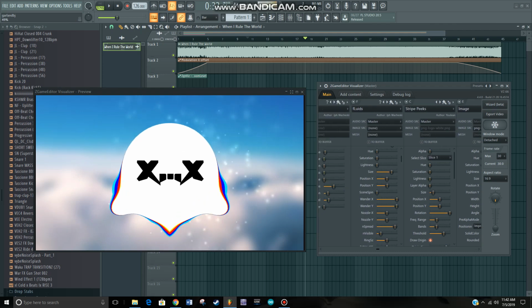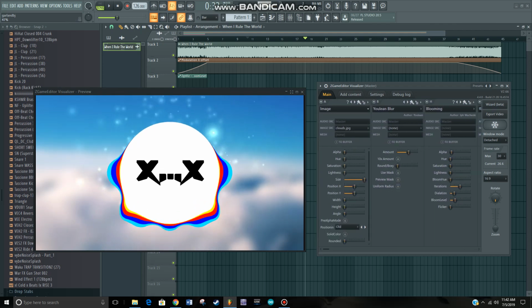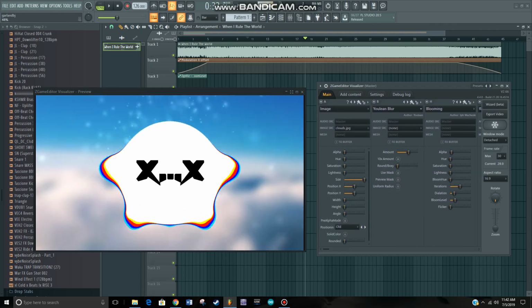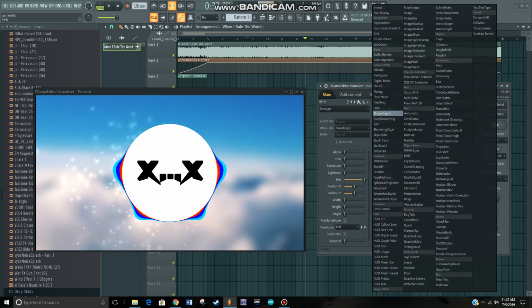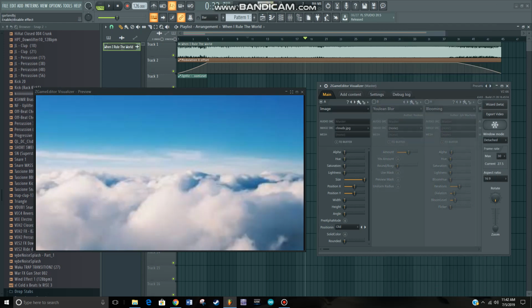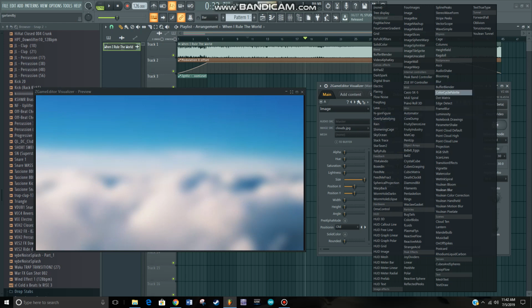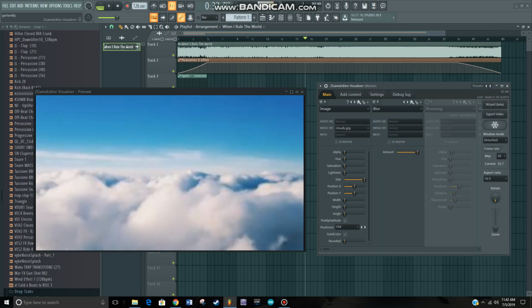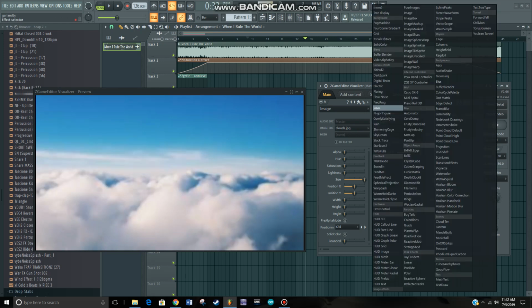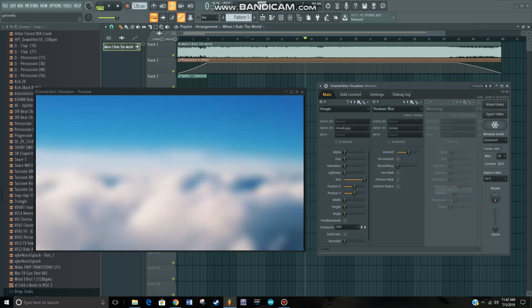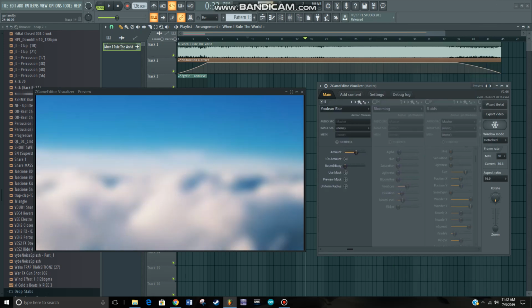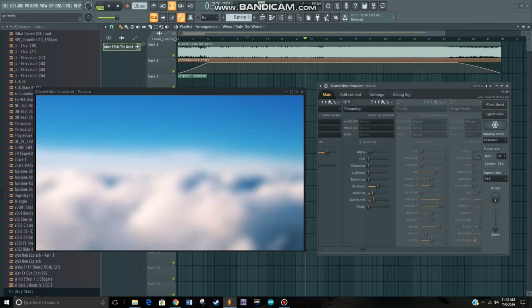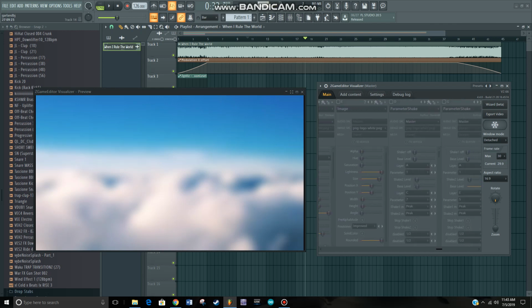So I started off by adding the first layer and then adding a Youlean Blur, which is much better than the actual blur. I'll show you that here. So this is the Youlean Blur, and then this is the FL's basic blur. Not that good. So I used Youlean, and then after that I went to blooming, and this is where the real effects start. If you scroll over here,